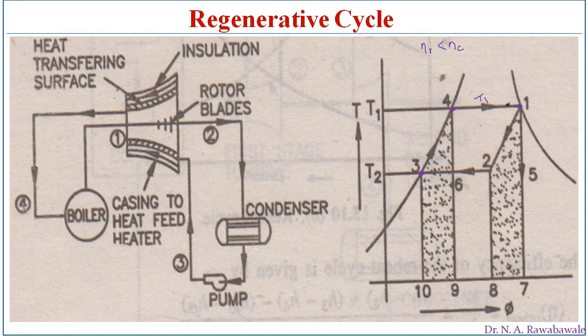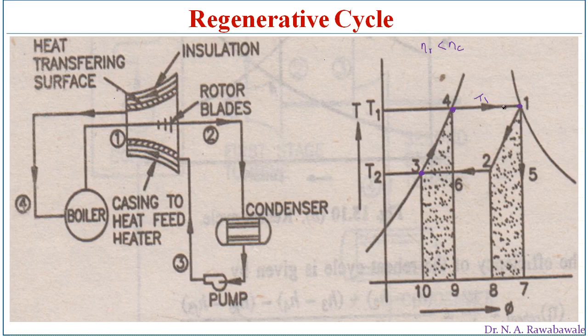So the aim is to supply feed water at temperature T1. Instead of supplying feed water at temperature T2, if the water is supplied to the boiler at temperature T1 itself, then the heat supplied in the boiler is at the highest temperature, and that can increase the efficiency of the